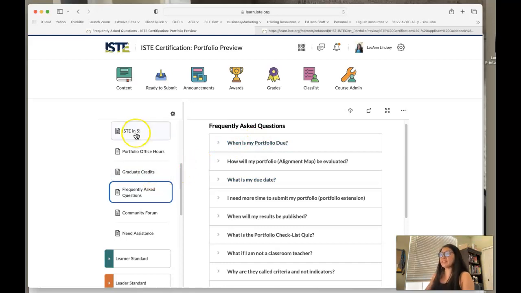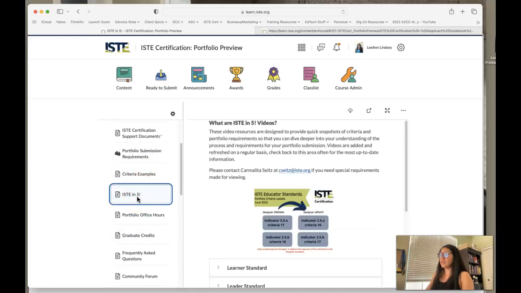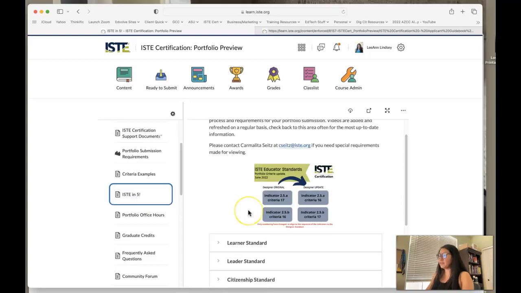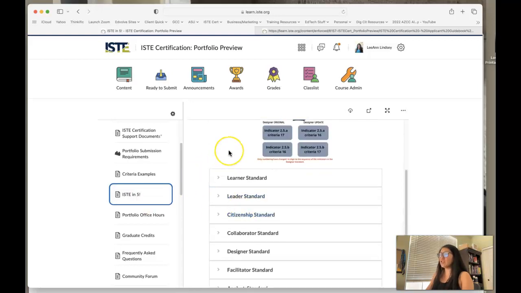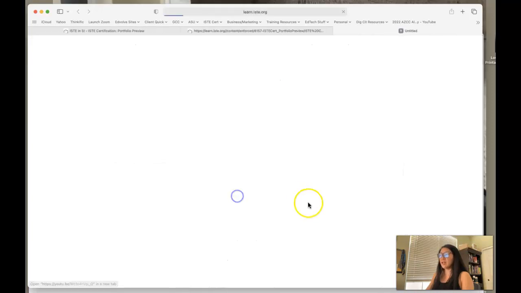Let's say that I've selected criteria number 2, which is set professional learning goals. I am going to click on ISTE in 5. I'm going to navigate to that criteria. I know that number 2, set professional learning goals, is a learner standard, and I'm going to click on criteria